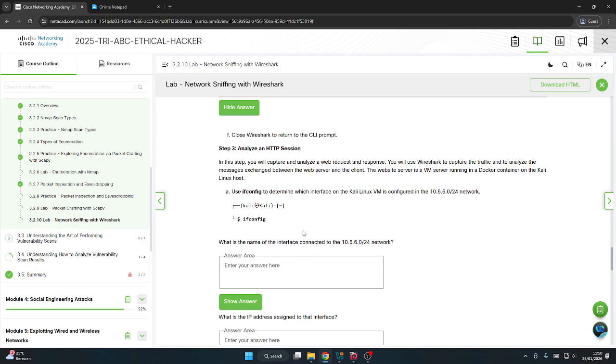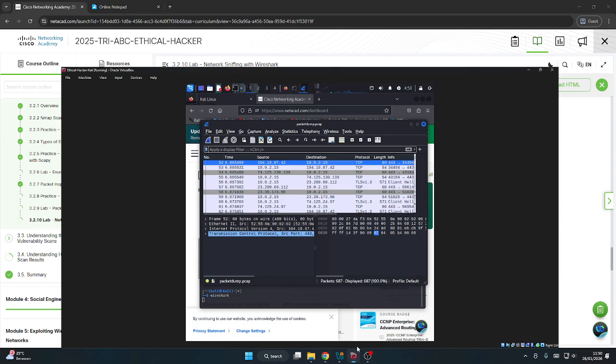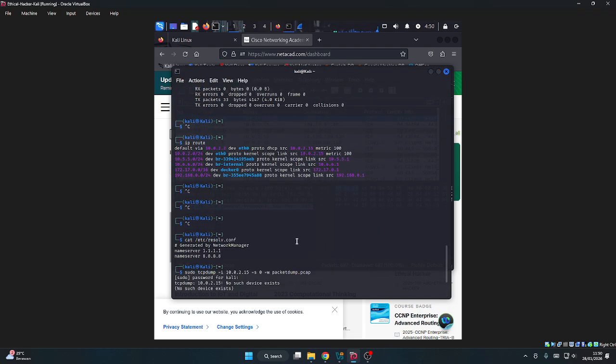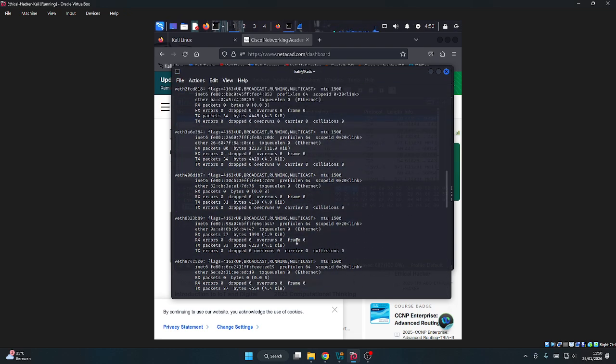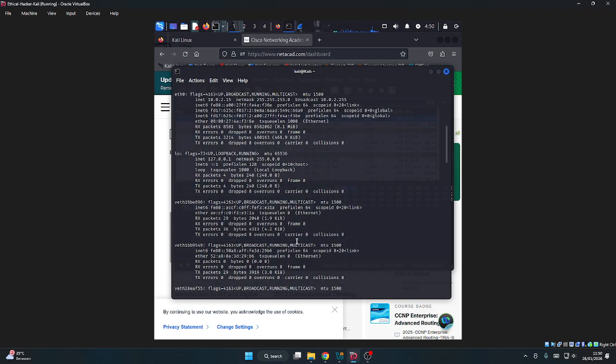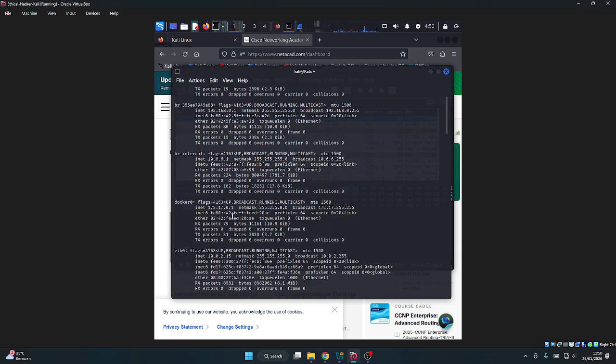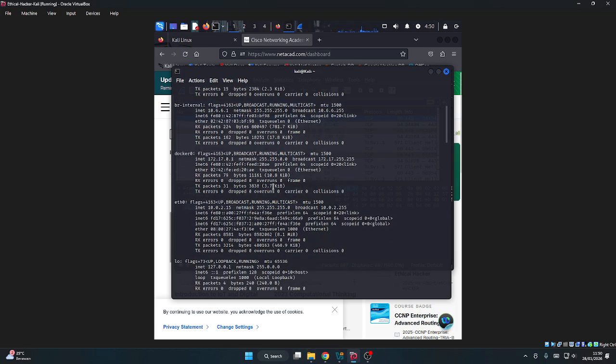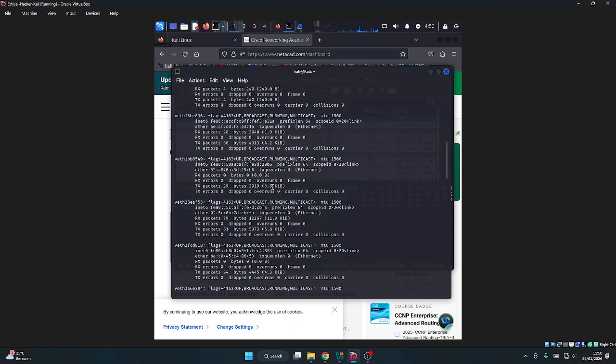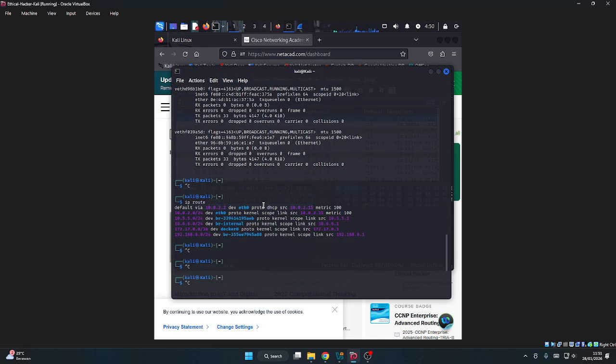We can use ifconfig. What is the name of the interface connected to 10.6.0? It's here, br-internal.